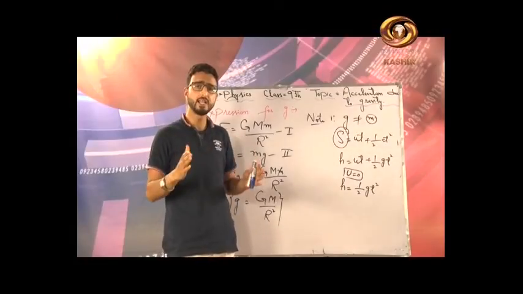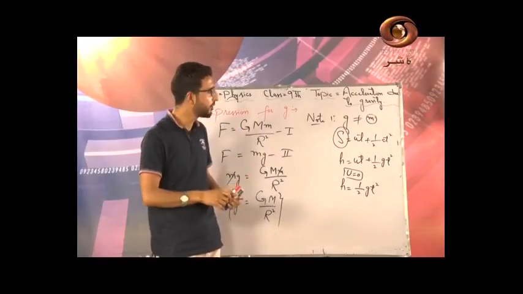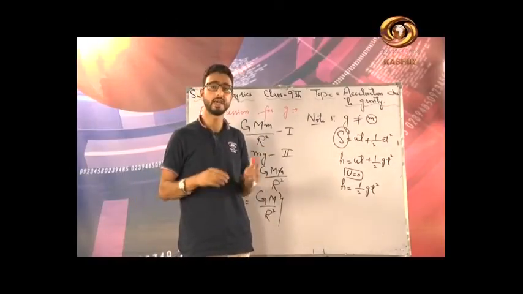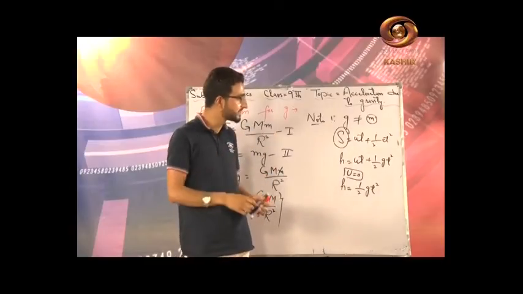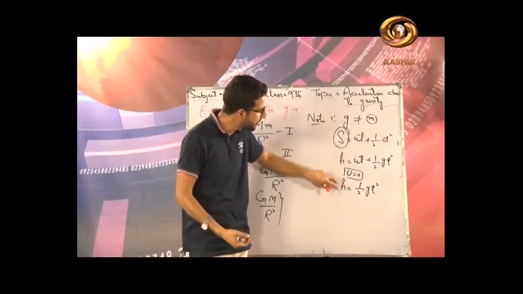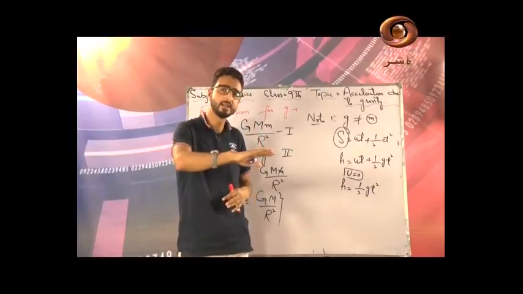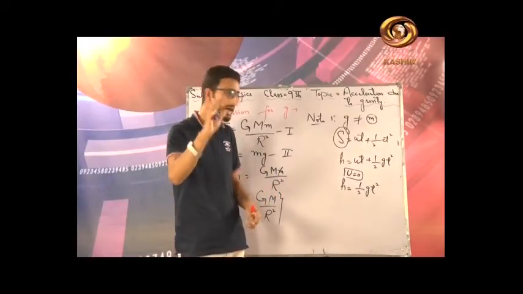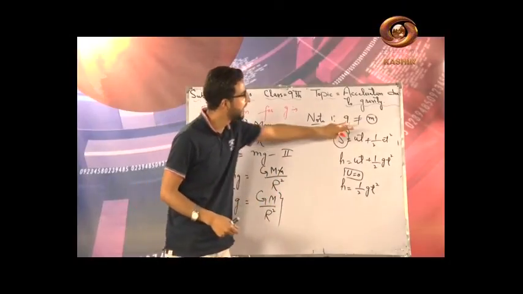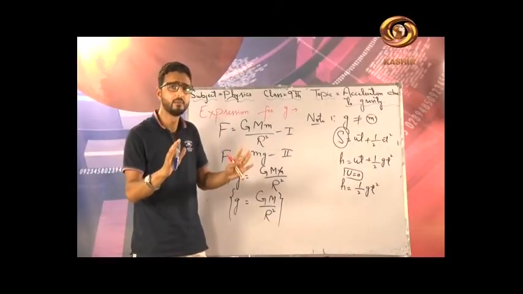ये जो गैलीलियो है, एक फिजिस्ट है बेसिकली, he used to drop different objects from Leaning Tower of Pisa in Italy to prove the same result. That is, a light body and a heavier body, if allowed to drop from the same height, they will hit the earth simultaneously. They will hit the ground at the same time. क्यों? Because ये जो small g है, it does not depend upon the mass of the body, right?